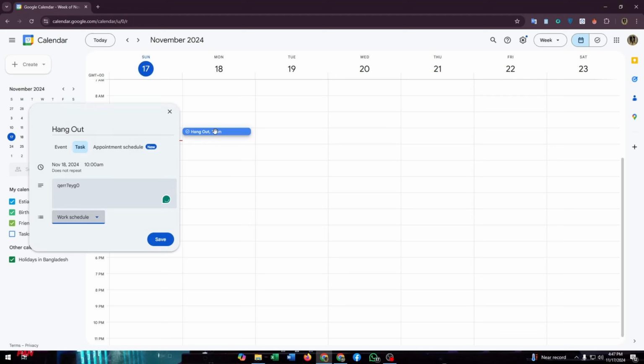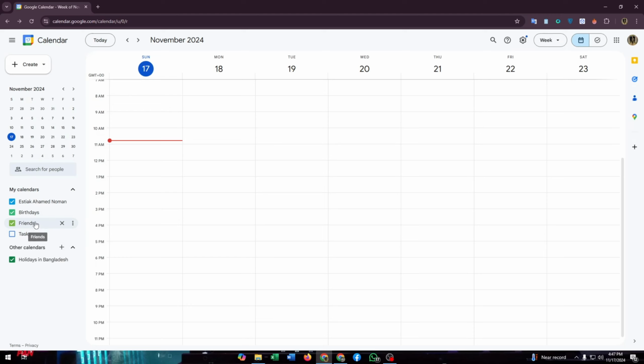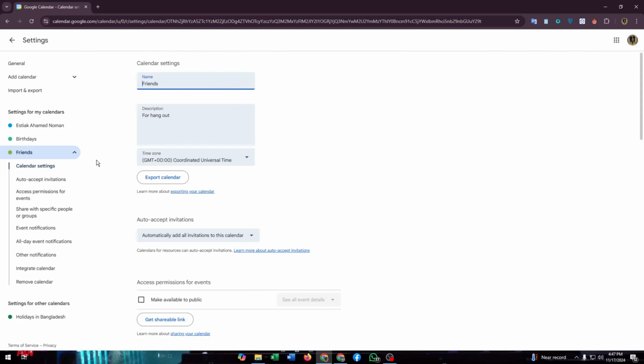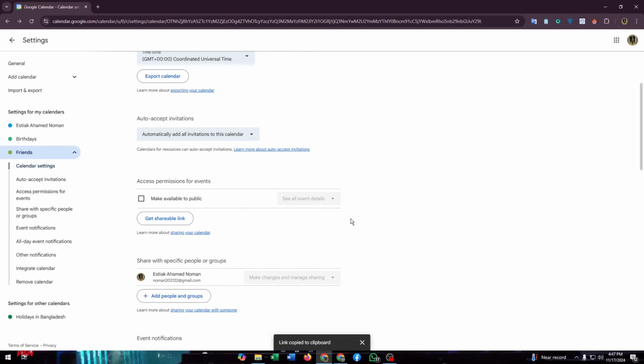After you save a task, or if you have already saved a task on a date, then go to your friend section and go to settings and sharing. Click on it to get a shareable link. Just click on it, and here you can find the name of the calendar, and scroll a little down. Then you can click on get shareable link. Then you will find a link, click on the copy link button, and the link is now successfully copied